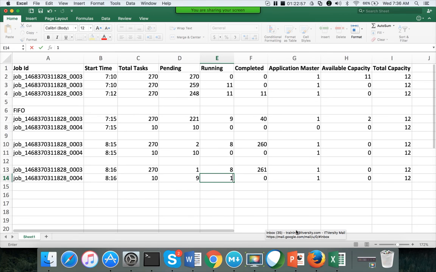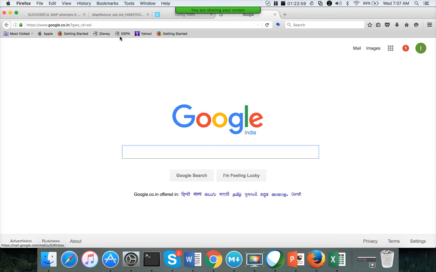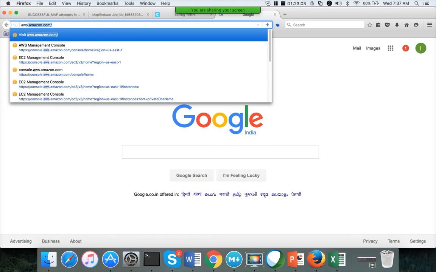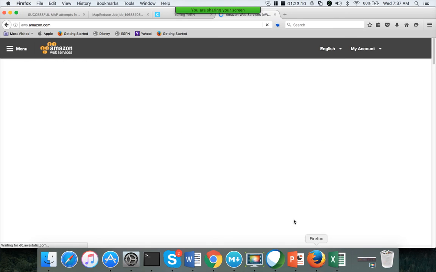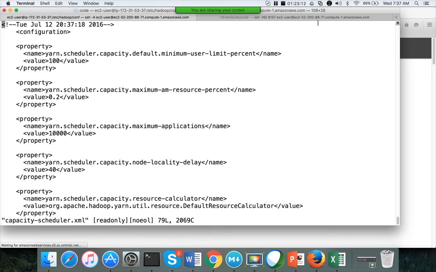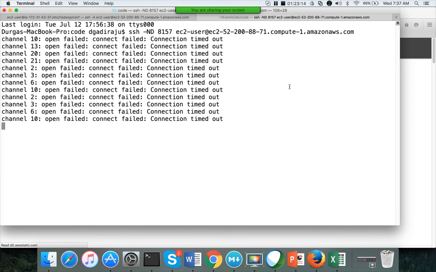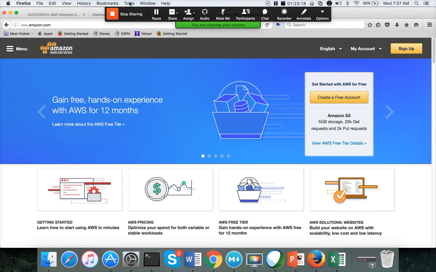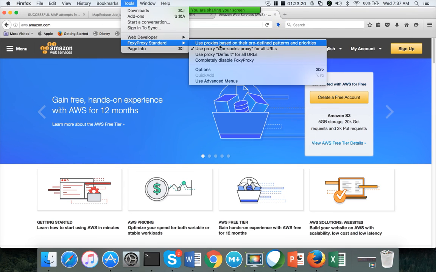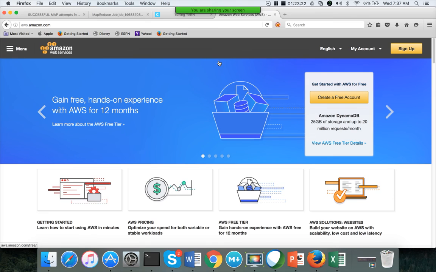Let me start. I have a single node machine in AWS, so I'm connecting to my AWS account. Let me use Firefox for this. I am stopping tunneling. This is not required anymore, and disabling Foxy proxy here, because if you use Foxy proxy, it will make it a little bit slower.